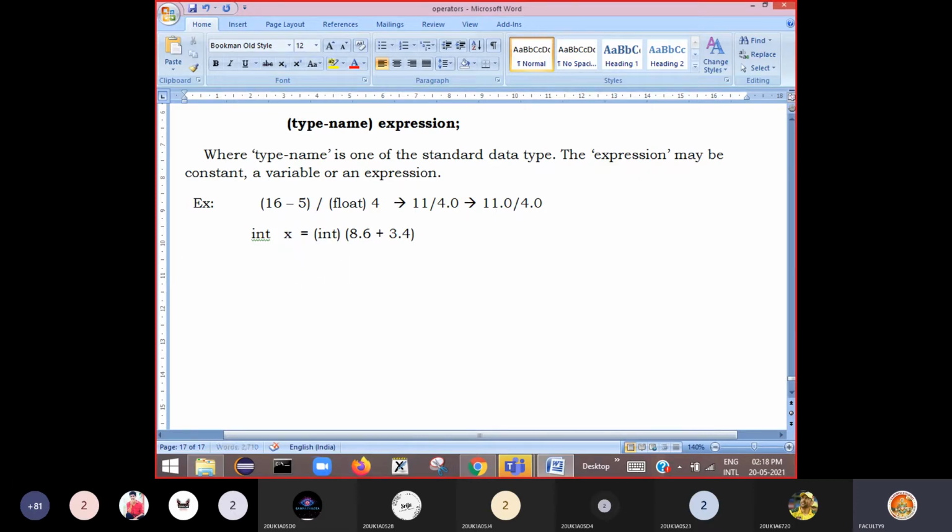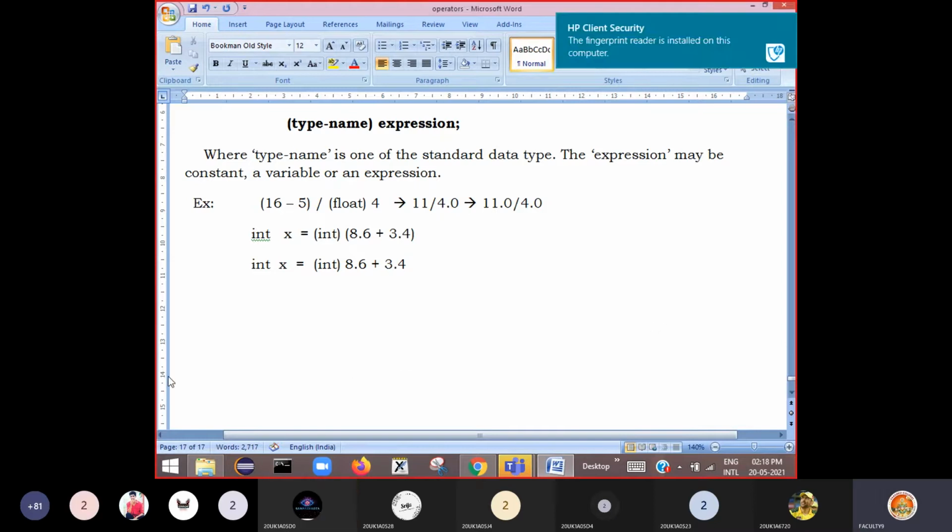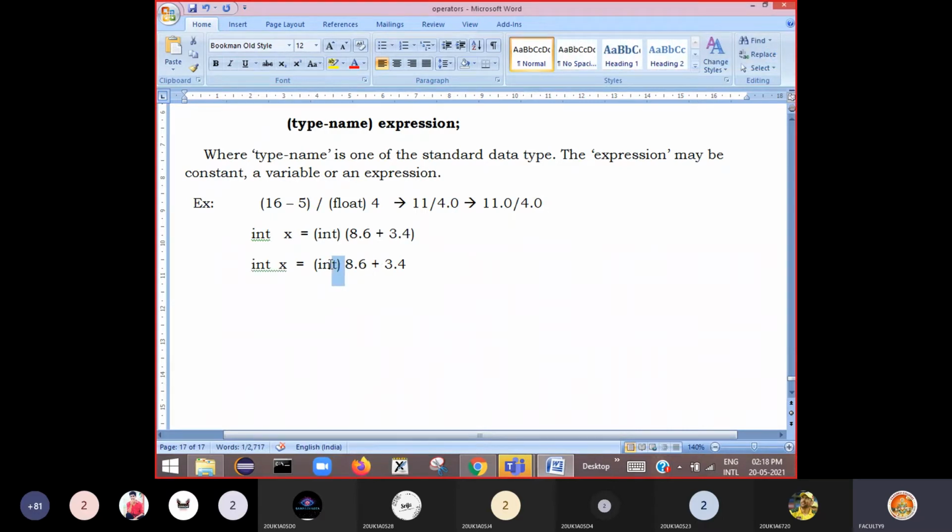Now, if I write an expression like this, say int x is equal to int of 8.6 plus 3.4. If you write like this, the meaning is that only this 8.6 is converted to integer. This floating point number is converted to integer, which means it becomes 8 here.